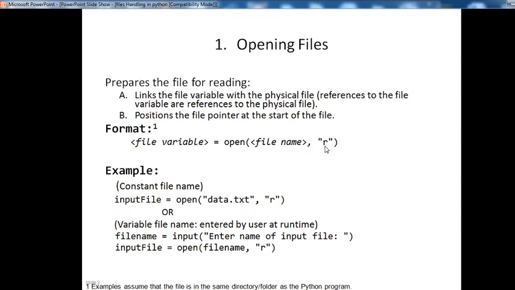In files there are read mode, write mode, read-write mode, write-read mode, and execute mode. Just like in C programming. What happens in C programming? Read, write, execute modes are available. The same modes are available in Python also: read, write, execute.